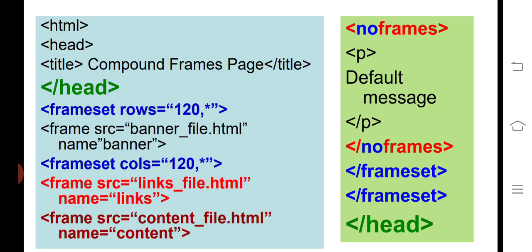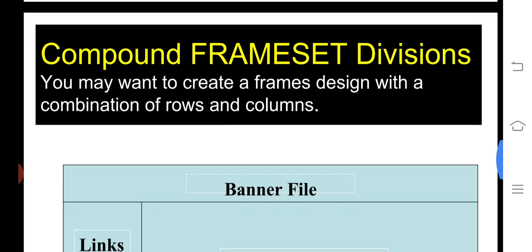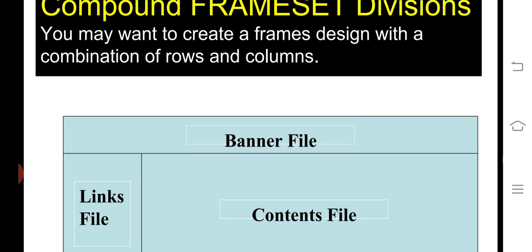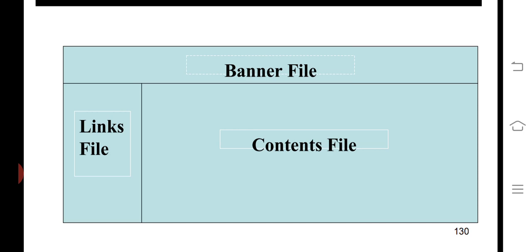Likewise, you form a frameset. So here the frameset division is like that. Above, you may want to create a frame design combining rows and columns. Here banner file and here link file.